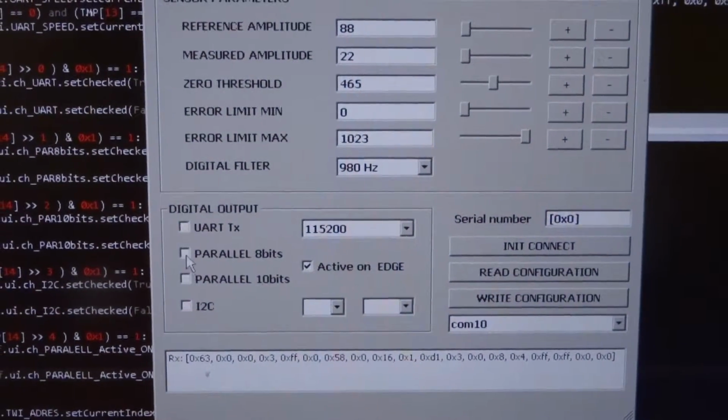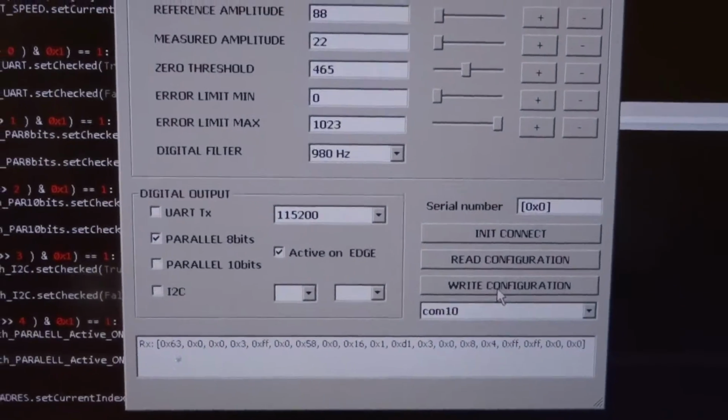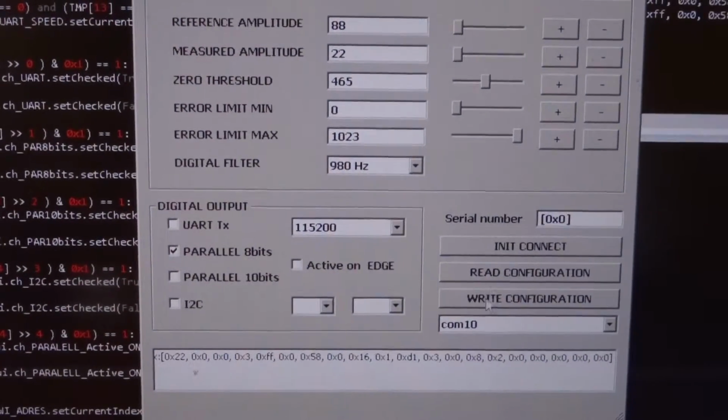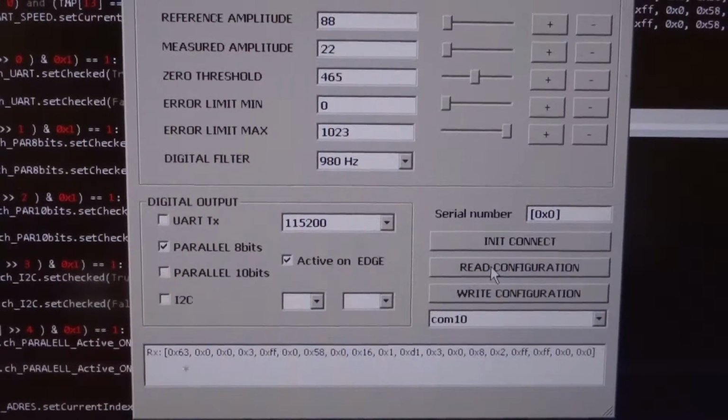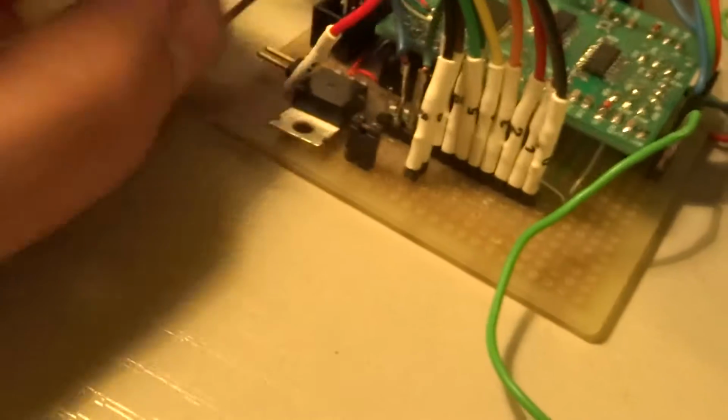we change to the 8-bit mode. Write configuration, readout, and okay, we go back to the configuration. From configuration to run mode, we connect the clock and we connect the supply. We go back to our application. Okay,